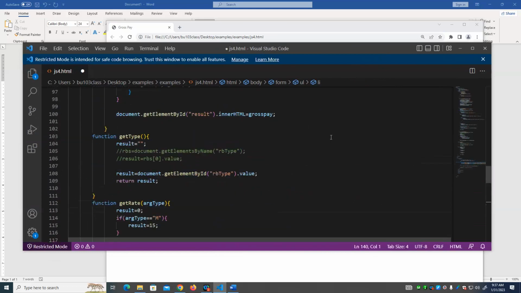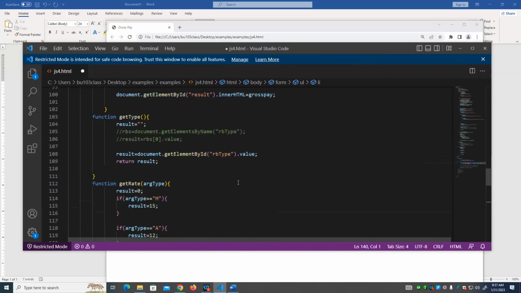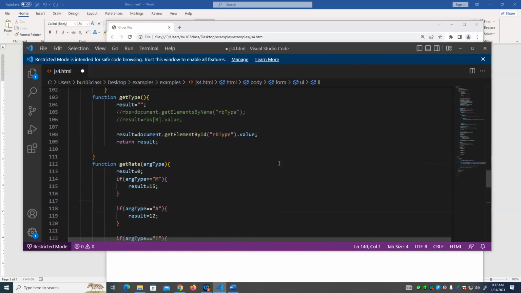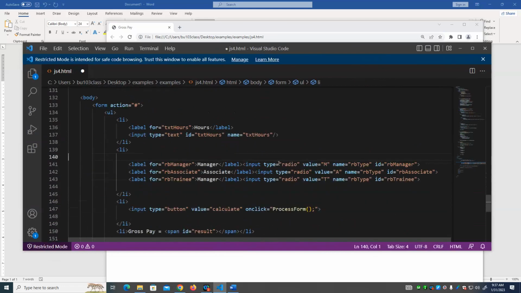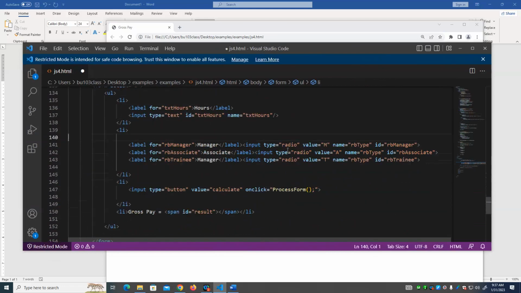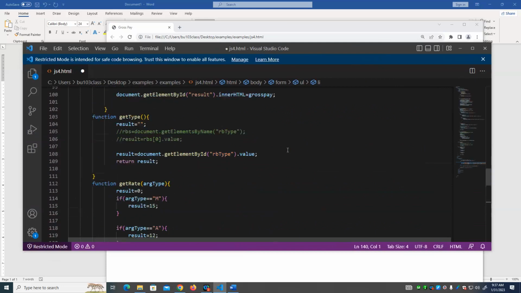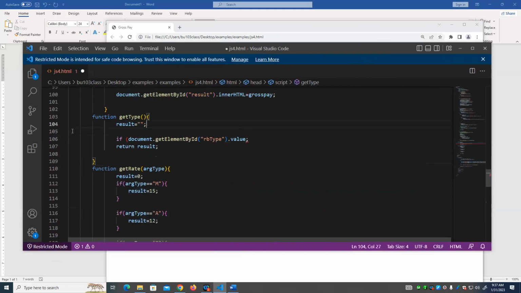Now, what do I have to change up here? All I have to change is a get type. And since it's a radio button, we access radio buttons differently. So I'm going to say if document RB manager